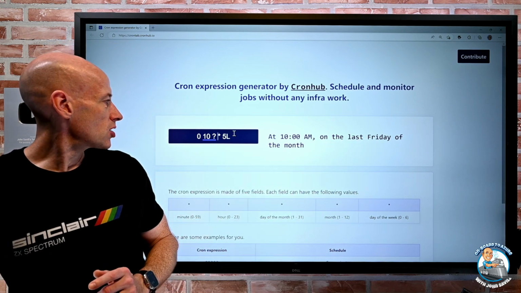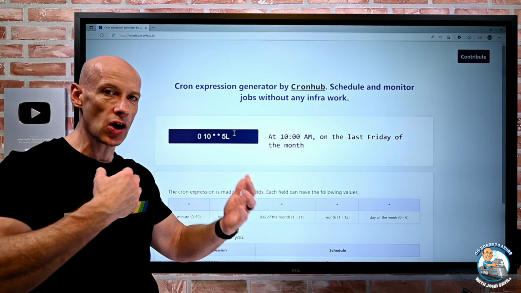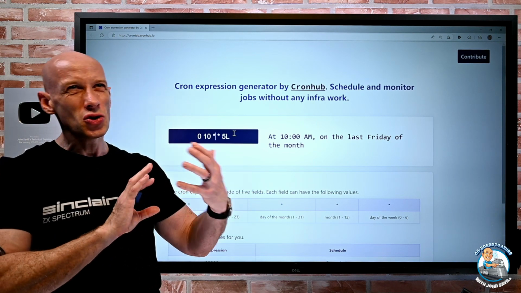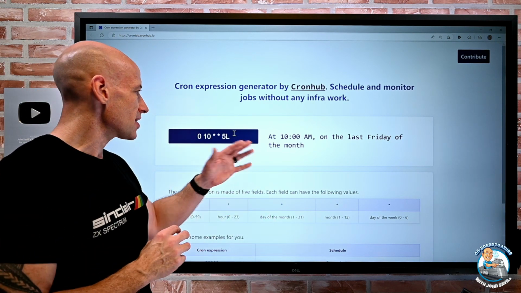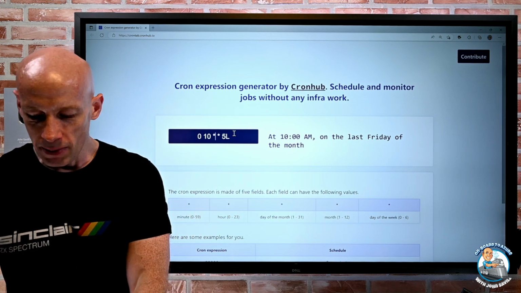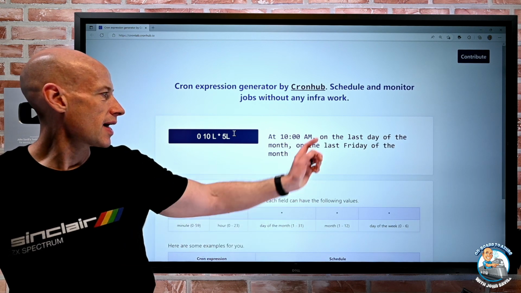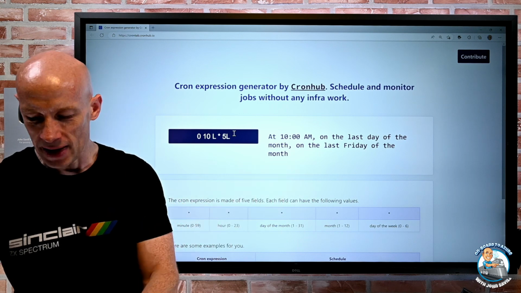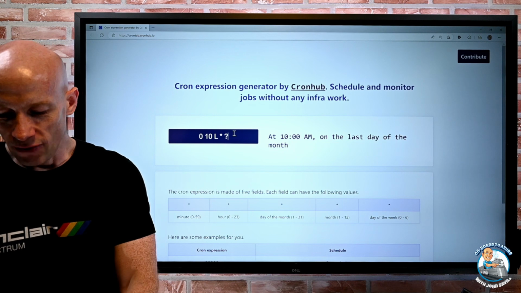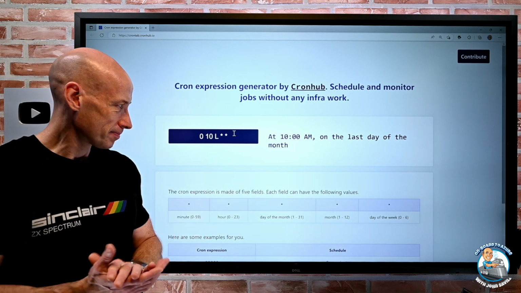Now, if I did change this question mark to a star, it doesn't change anything. Again, a lot of the times the question mark and the star are interchangeable, but they do have some different meanings between the all and the any, but in this case, it didn't make a difference to what I'm doing. But remember, or I could just say L on the last day of the month, on the last Friday. Well, that's probably a bit too specific. So we just say on the last day of the month. And again, if we change that to a star, it's not really modifying anything at this point.